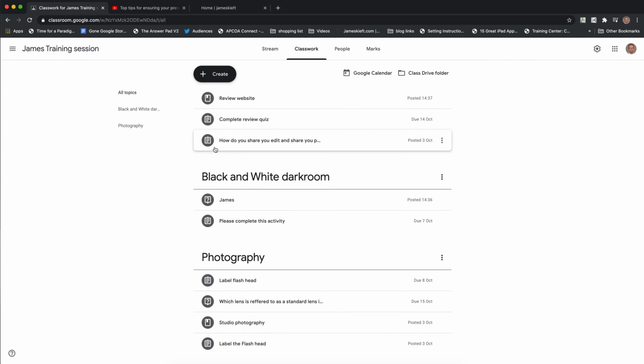If we look at the flashhead example I posted, I set it as an assignment, so I get to see who's handed it in and who's been marked. So I click on the handed in. This is what it looks like on the student work page when I've clicked on an assignment. I can see the one that's been marked and the feedback they've received. I can view all of my submissions. So if we dive in,